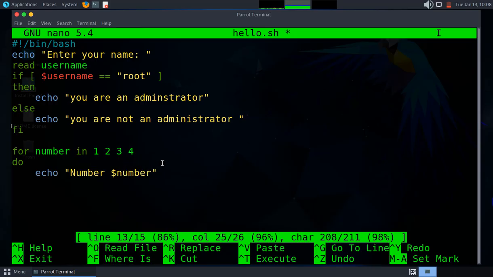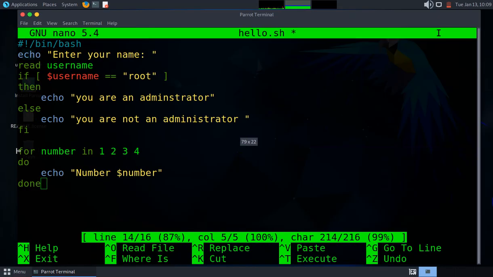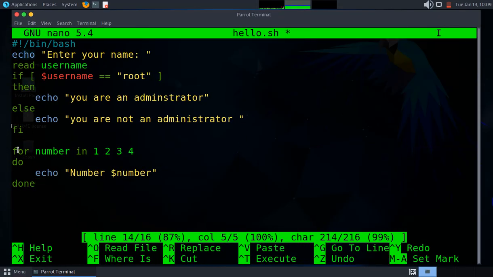From there we want to finish this loop. We're going to use the done keyword. Like there. This loop is going to print numbers from 1 up to 4. We use the for, this is called a for loop. For a number in,